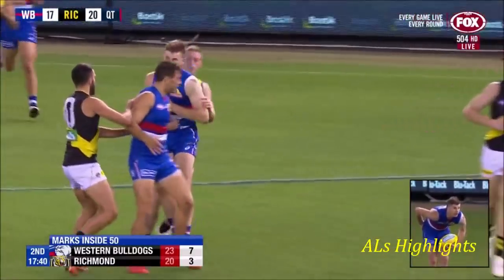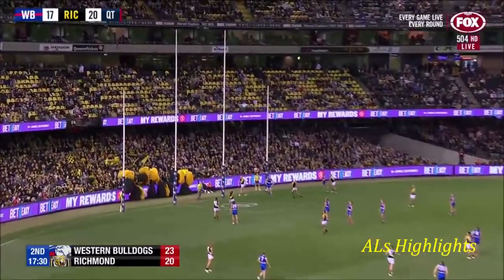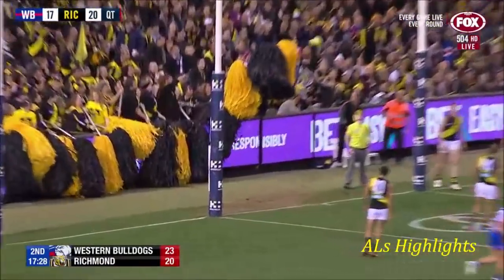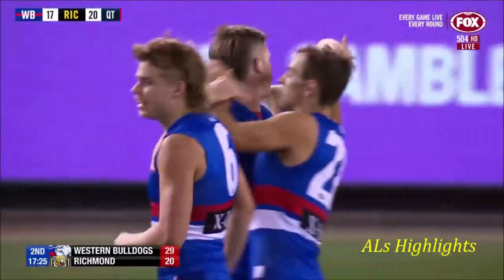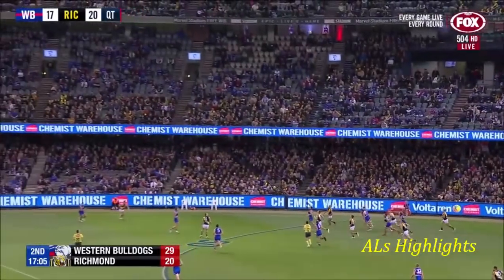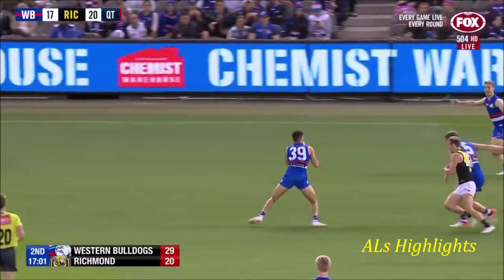Doggies already up to 7. This first quarter and a bit. Just 3 goals in the past 4 weeks for Billy Gowers. And all of a sudden the set shots are going through. Back-to-back goals for the Dogs. Higgins been quiet. Kick hasn't gone the journey. Bontempelli and Martin together. Johannesson